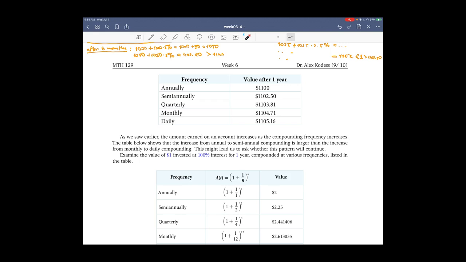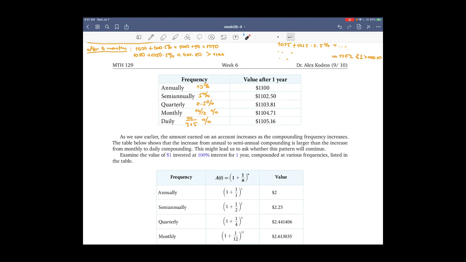In particular, you could compute compounding daily, right, with an interest rate. So here the interest rate is 10%. Here the interest rate is 5%. Here the interest rate is 1/4 of 10, which is 2.5. Here the interest rate is 10 over 12%. And here the interest rate is 10 over 365%. Differences aren't big, but certainly the more frequently you compound, the more money you get,